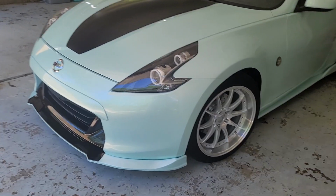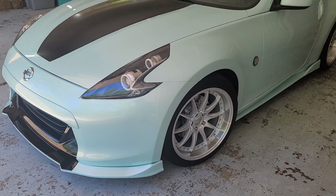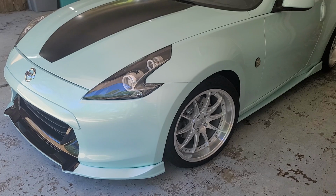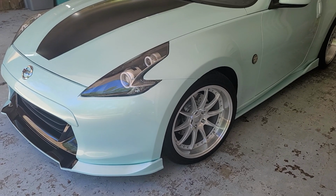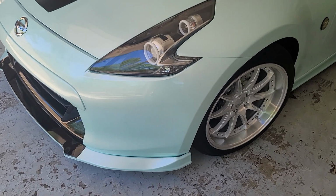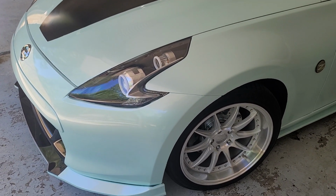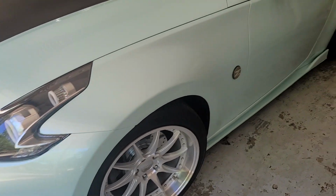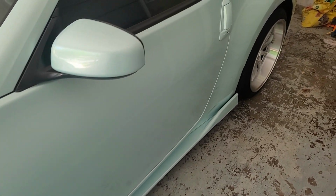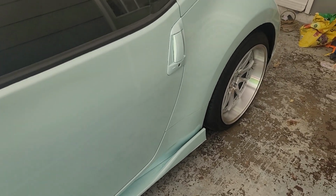There's one thing that I want to say first, guys. This color that I have on my 370Z right now, this is a Moonlight Jade color. It has a lot of pearl and a lot of gloss in it. You need to see this in the sunlight and underneath street lights at night, like gas station lighting at night. Man, this color really pops. But yeah, so this color, if you type in Moonlight Jade, you will get other colors like